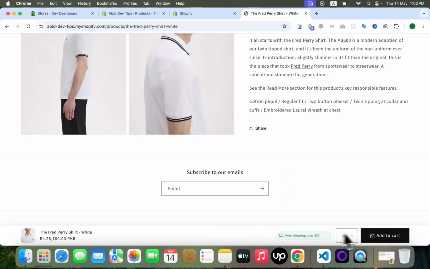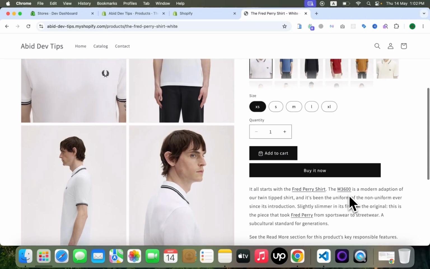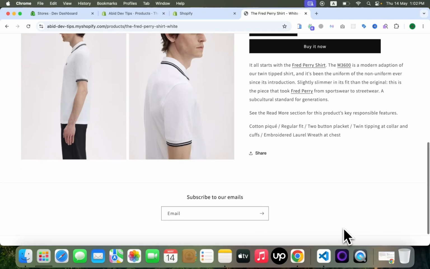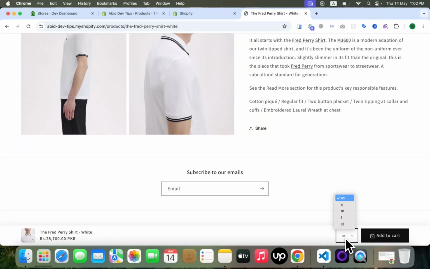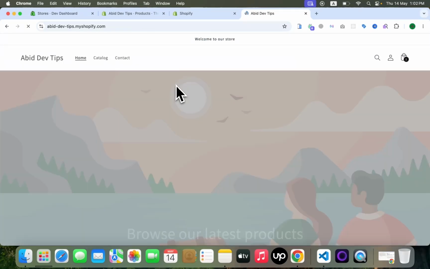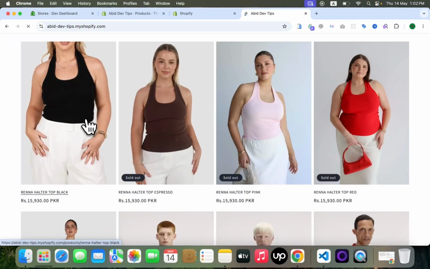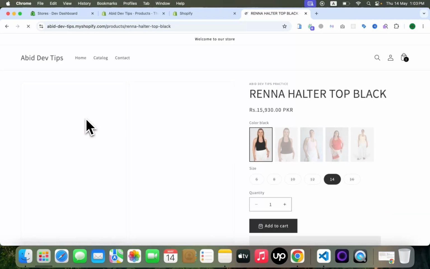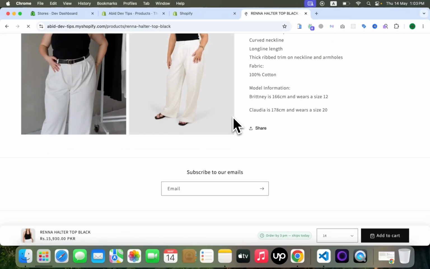Now the sticky add to cart with correct CSS is shown, and when the buy button comes into the viewport, it hides, and when it leaves, it shows. When, for example, the large size variant is added to the cart, then the correct variant is added. And remember, it also works on 2 or 3 variants, for example, color, size, material.